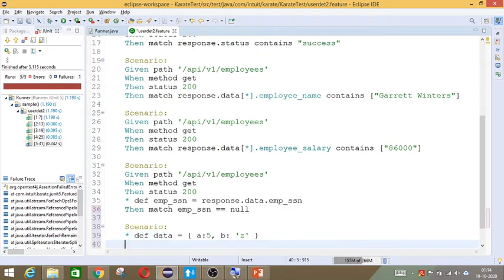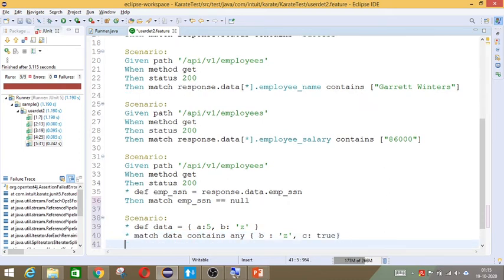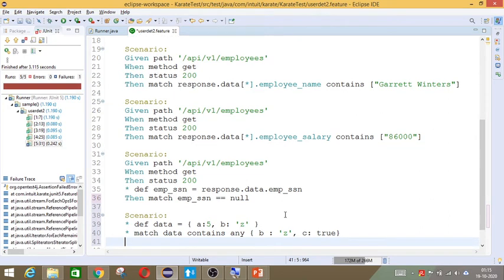Then we will say match data contains any. Out of these two, if any of these is available, then let us assign some value c as true. Then c equal to true, set c as true. And then if you want, we will print c.